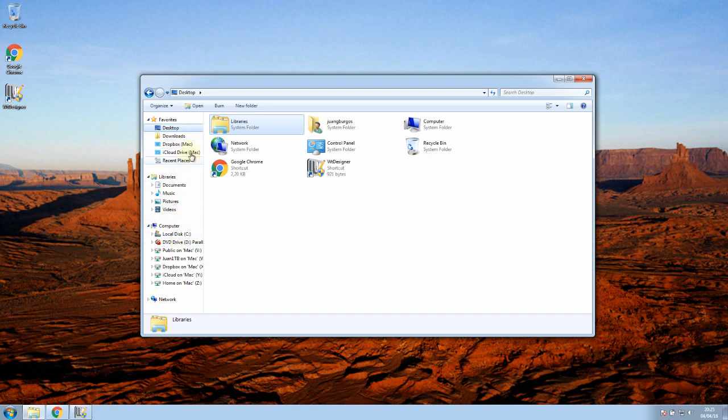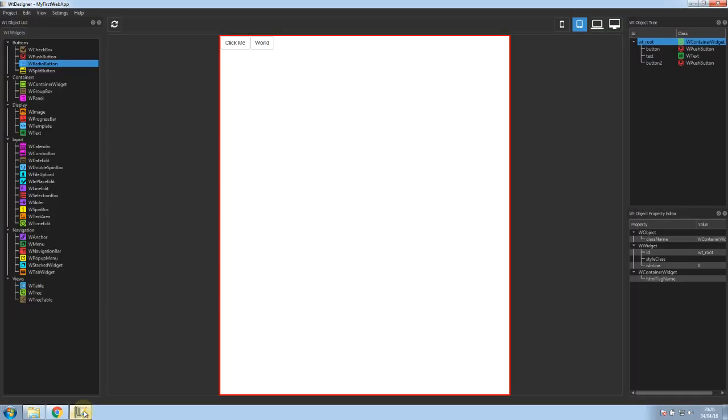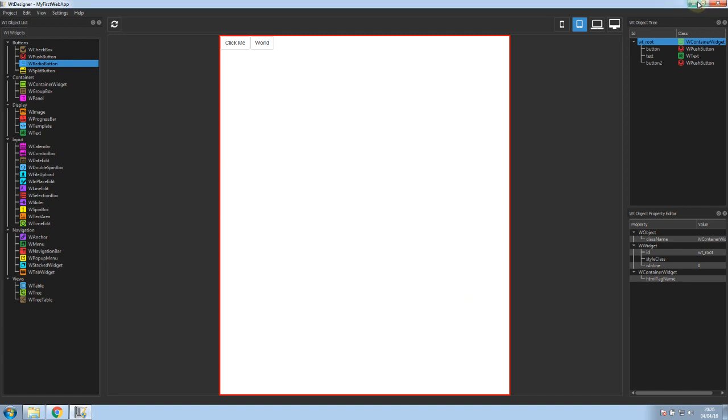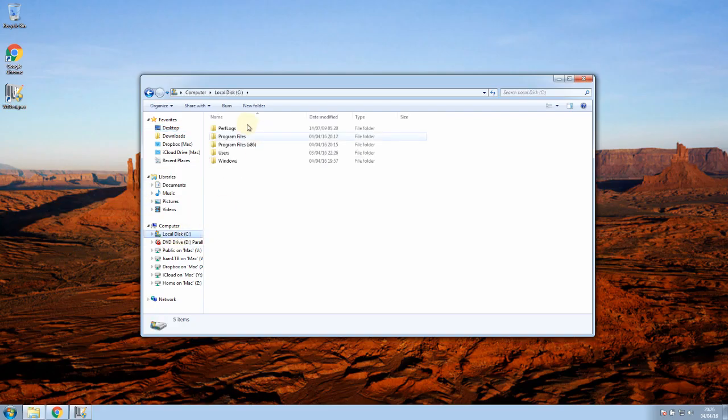Because I'm using a virtual machine. Okay, let's take a look where I saved my project. So save as C users desktop. Alright, so it should be in C users here, desktop,